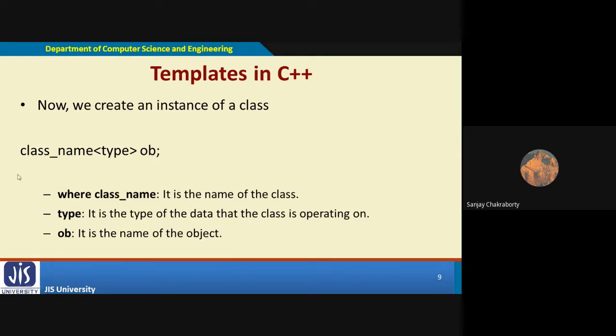But in case of function instantiation, if you remember, we give the function name, then the type, and then the parentheses, and we pass the parameters if the function has parameters. If the function doesn't have parameters, then the semicolon ends it here. If you remember, we have done it in such a way, right?